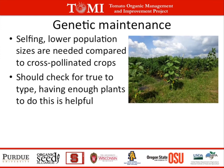So a few other considerations when you're growing a seed crop. There are a couple things to keep in mind when you want to maintain a variety as is, or maybe improve its adaptation a bit to your area, but otherwise keep it the same. First, you need to make sure that your population size stays big enough to maintain the intrinsic variation of any variety that you start with. So if you're starting with a modern variety, that may not be as much of an issue, a modern self-pollinated variety, but historic or heirloom self-pollinated varieties often are what we call population varieties, where individuals are genetically different. Even though the variety as a whole looks similar, there's